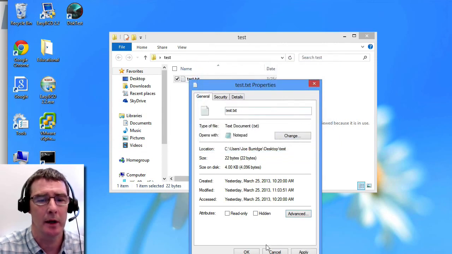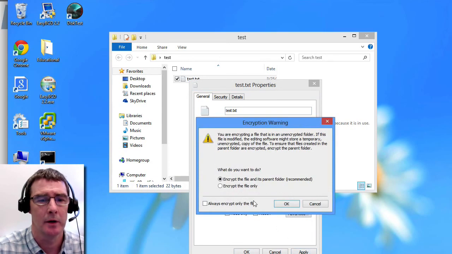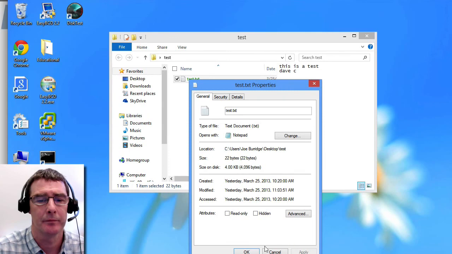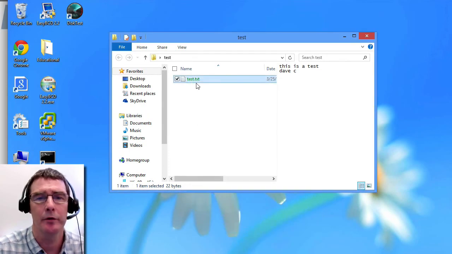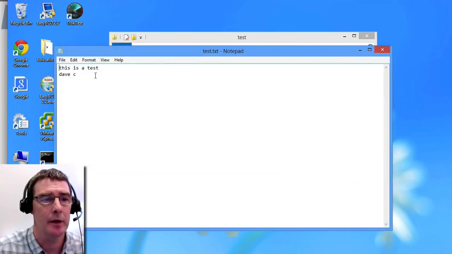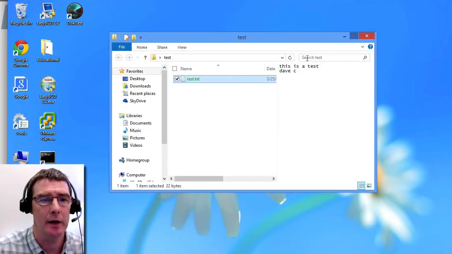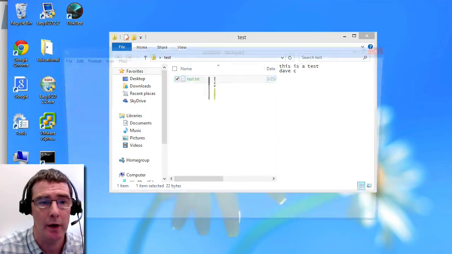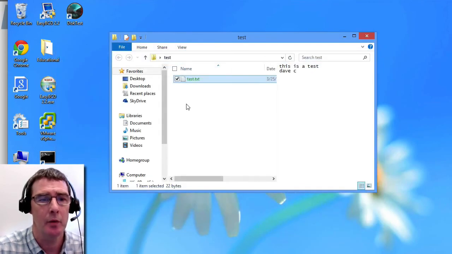And once we do that and apply it, we'll get a question, encrypt the file in its parent folder. We're just going to say we're going to encrypt the file only, and hit OK. Now we will notice that by default Windows turns file names green. And we will also notice that we have full access to this file. So it is encrypted. Whenever I log into this account, I still have access as though it were not encrypted. But we're going to see that no matter what, no one else can access this file. Even if an administrator breaks into this account and changes my password, that administrator will not be able to